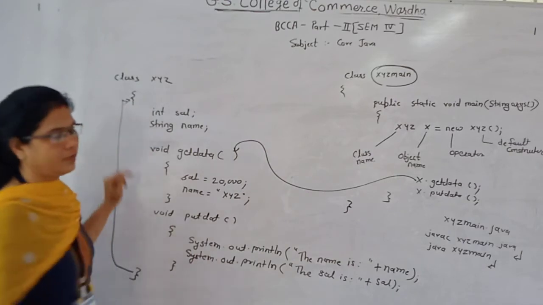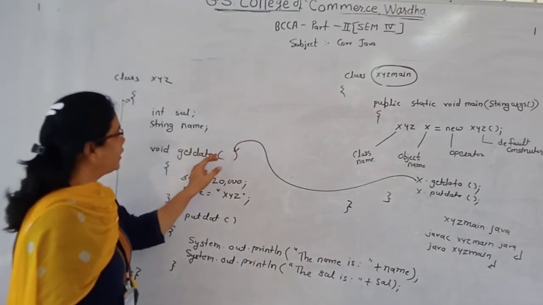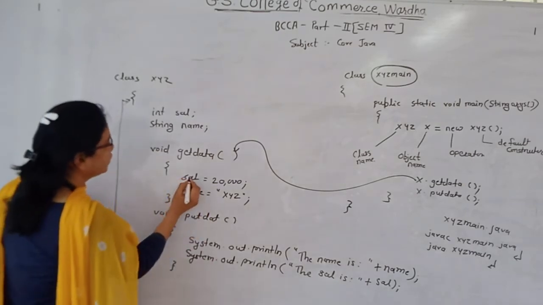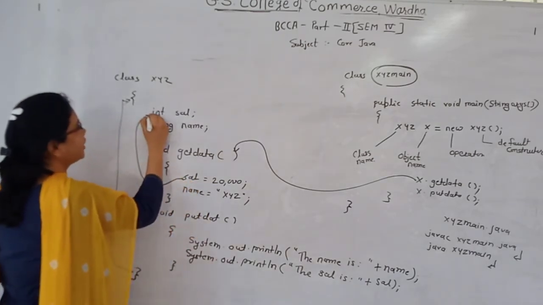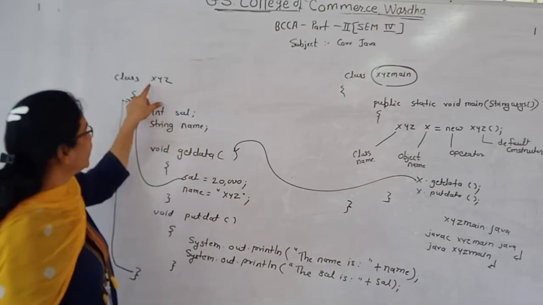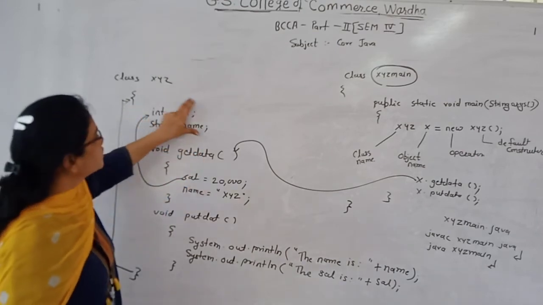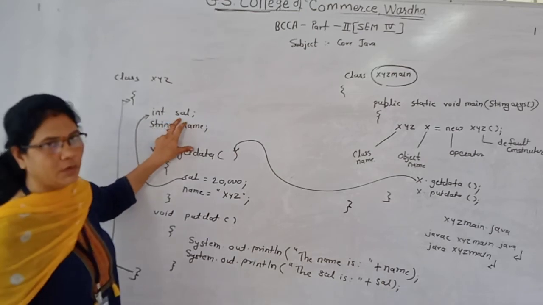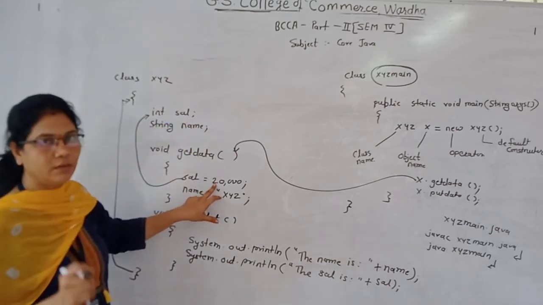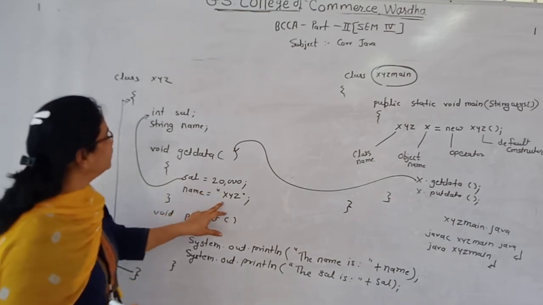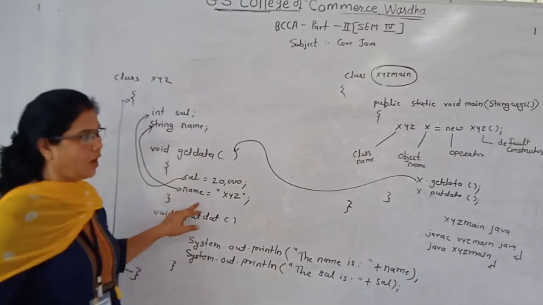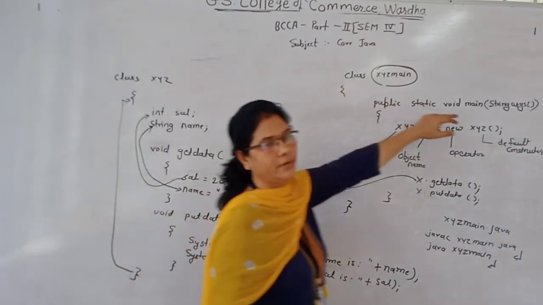gets the definition. Okay. So after that this definition will be executed. So here is the sal. Where is the sal? Sal is here. What is the sal? Sal is nothing but the data member of the xyz class. So this particular variable is found by the compiler, which assigns the value, then the name, and assigns the value. After that it will return to the main again.